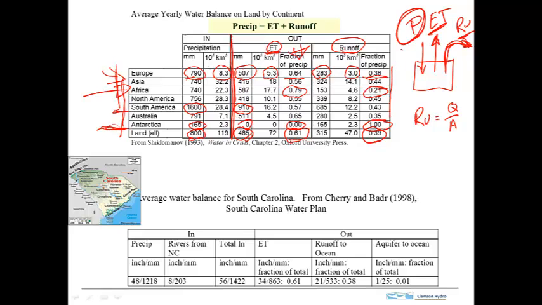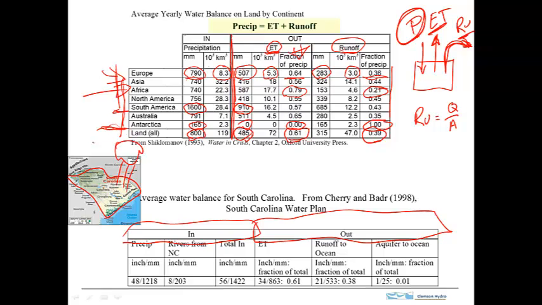We can also take a look at the volume balance, the water balance on our home state here of South Carolina. I've written it in table form where this is the inflows and this is the outflows. So if we take this as the control volume, this is just the state border, we've got some rainfall coming into the state, and then we have a river right along this border,